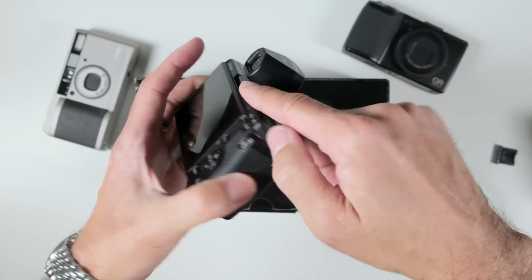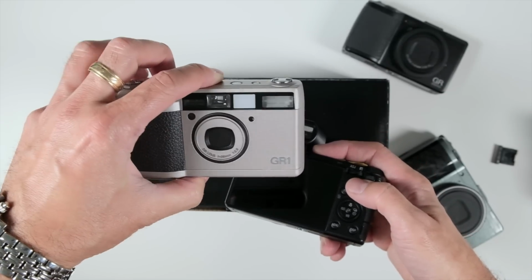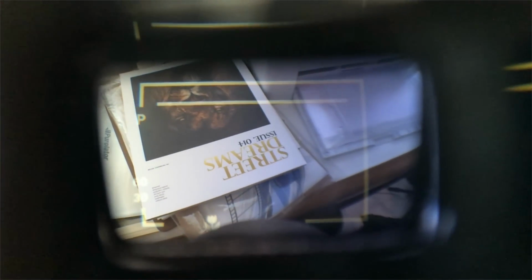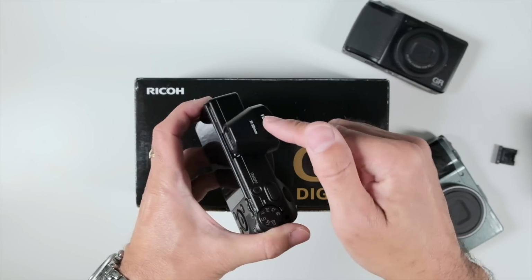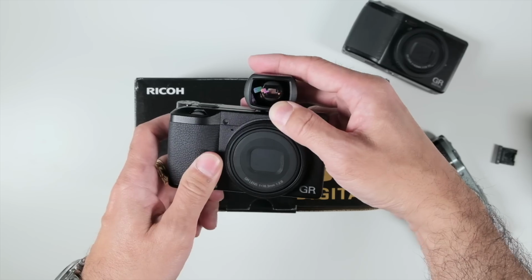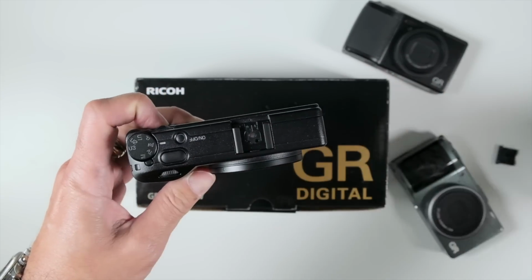this on here, there's still electric contacts, and like the LCD screen on the Ricoh GR1, there is LCD information like focus distance, your shutter speeds and stuff that's in here, even though it's an optical viewfinder, having that information in here electronically connected, and then this screen will automatically turn off. So if they can create a hybrid OVF with electronic contacts, with information in here, I think that would be a really innovative move on Ricoh's part. And they could still design it, right? Unless these contact points don't allow it. So then we have to wait for the Ricoh